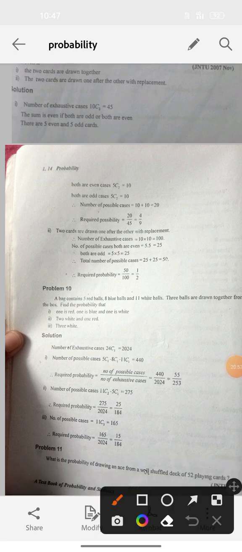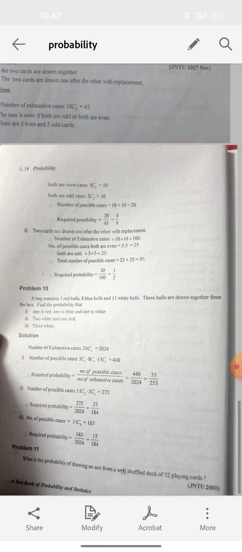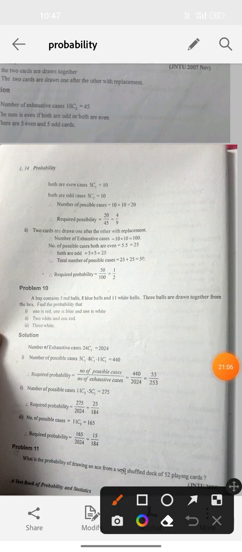A bag contains 5 red balls, 8 blue balls, 11 white balls. 3 are drawn together from the box. Find the probability that 1 is red, 1 is blue and 1 is white. So let's see how it will work. Number of exhaustive cases. So total 5 plus 8 plus 11 is 24. From the 24 balls, you have to select 3 balls. So 24C3 is